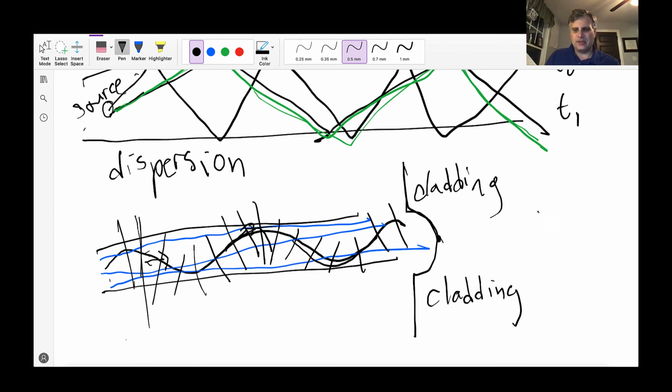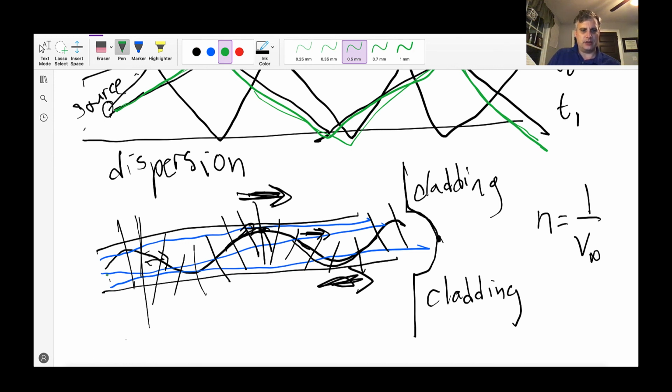One of the other neat things, though, is that the gradient of the index of refraction also represents 1 over the velocity of propagation in the medium. In other words, when you're over on the edge of the cladding, you're actually traveling faster than you are in the middle here. So the speed out here is faster than the speed in here. So if you were to launch another mode that, say, had a shallower angle of attack, it would wiggle around in here,